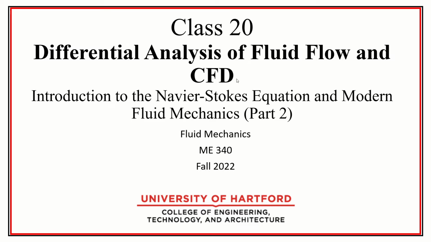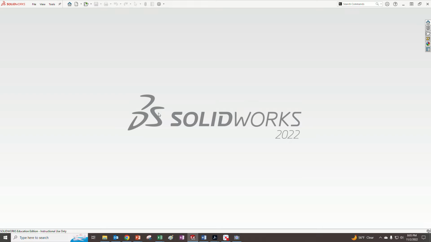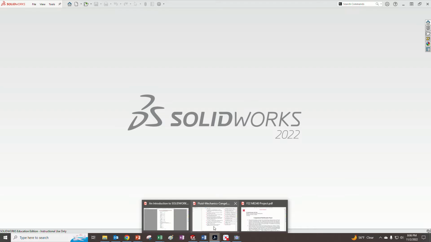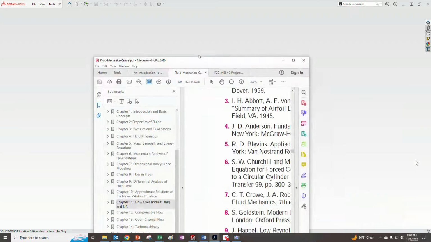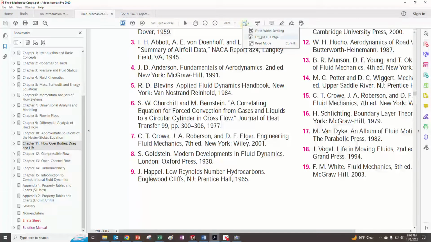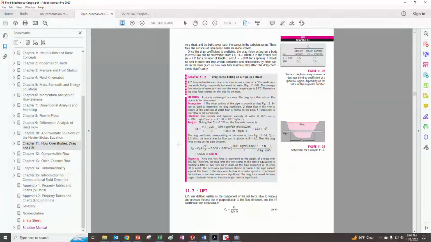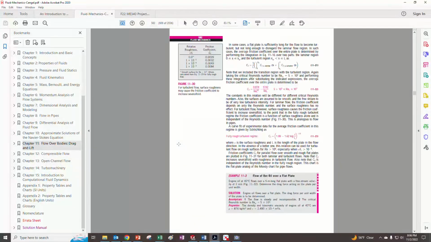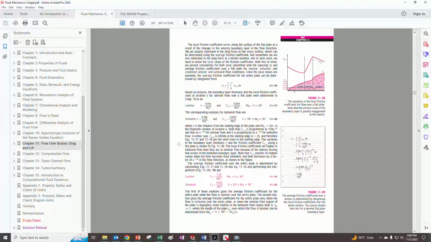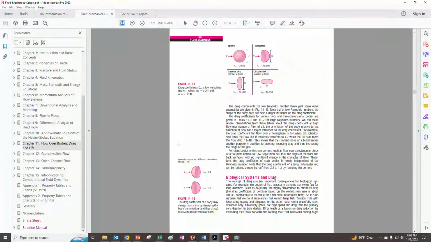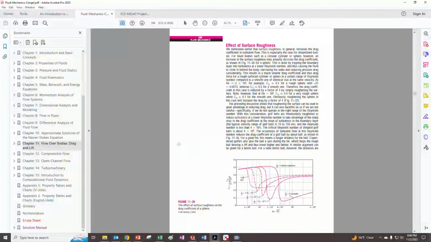We're going to use SolidWorks simulation to do a CFD, and we're going to use our textbook, which is Cengel, and we're going to model some drag coefficients. We're going to try to get the drag coefficient of some of the published things that are in here. And what I decided to do was to do